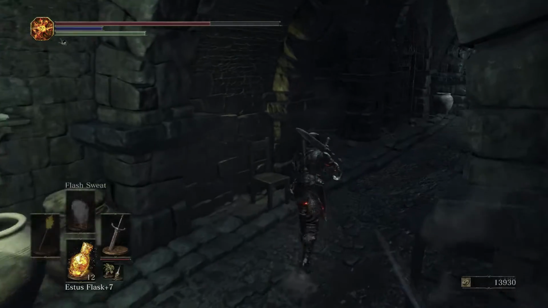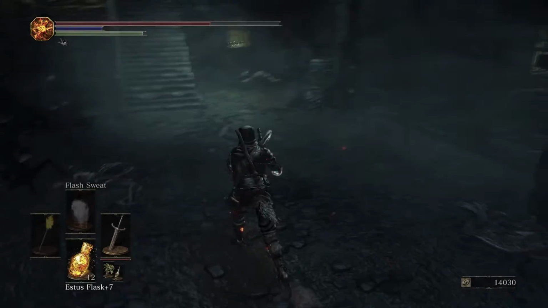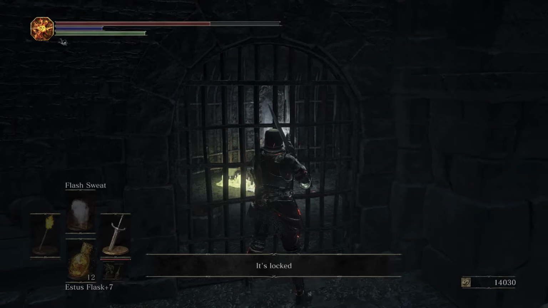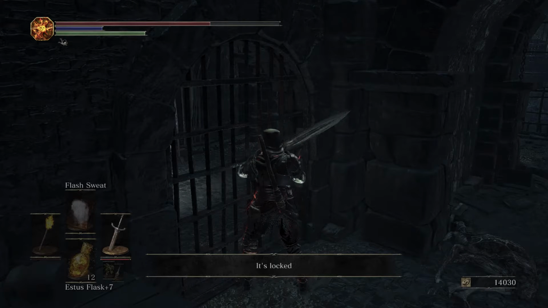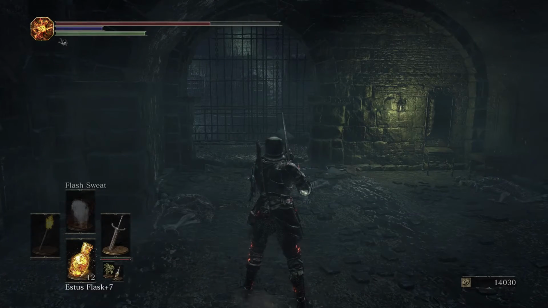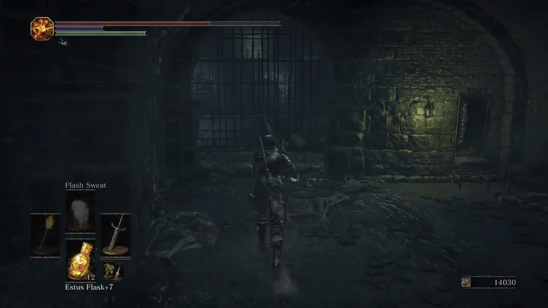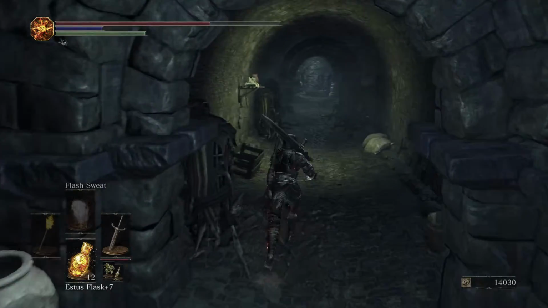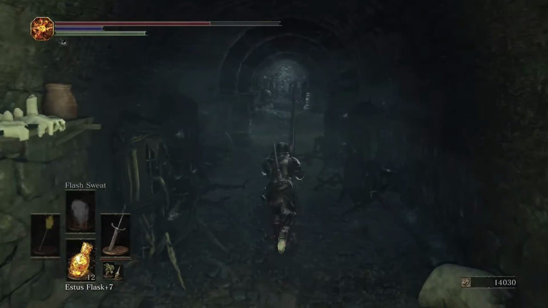Grab the soul item to the right, and then you are going to want to come over here. As you can see, there's an item, but it's locked. I don't remember what that item is, but we're going to get it. We just got to go get the key first. So we are going to go ahead and clear this whole side. This is a dead end, but we're still going to clear to the end of it